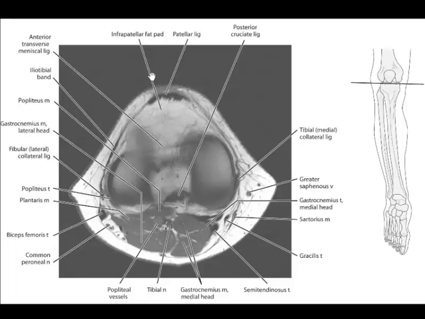Keep your focus on the midline structures and look more posterior to the popliteus muscle. The circular structures seen here are the popliteal vessels and the tibial nerve. The popliteal vessels demonstrate with a slightly higher signal intensity. These neurovascular structures are bordered by the medial and lateral heads of the gastrocnemius muscles and the plantaris muscle. The medial head of the gastrocnemius is on the right of the neurovascular structures. The lateral head is posterior to it, and the plantaris muscle is on the